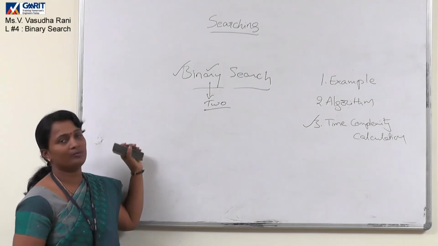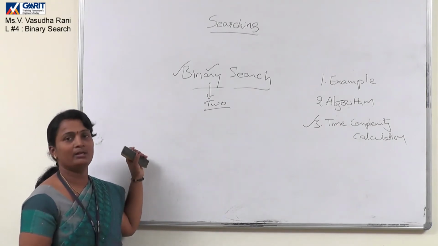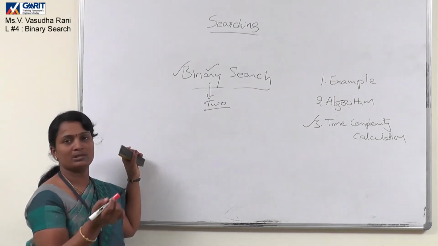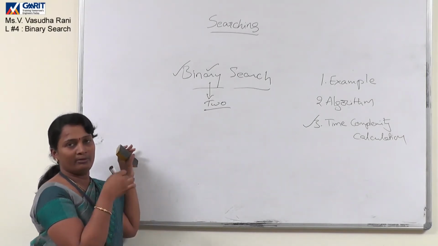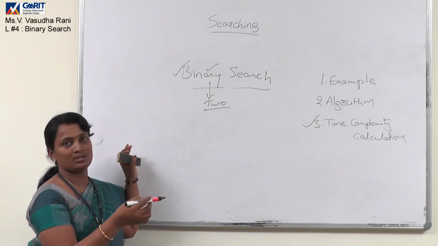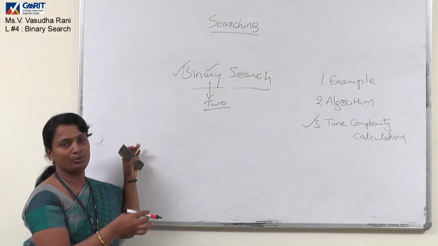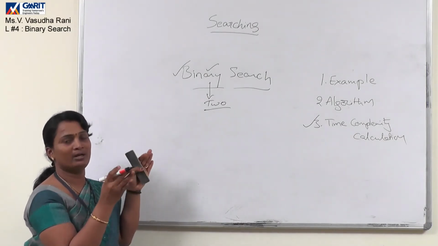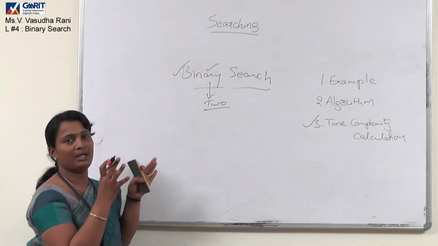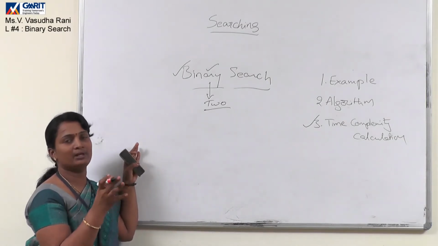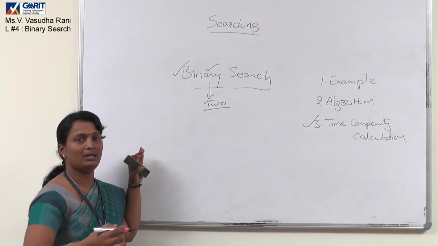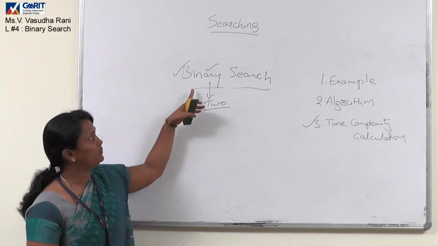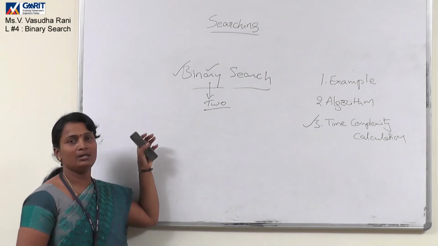Here, how searching is performed is that we take a list of values and a particular key. When we are trying to search for the key in the list of values, every time we divide the list into two halves, and any one half of the list is taken for searching that particular key in every pass. That's why it is named binary search.